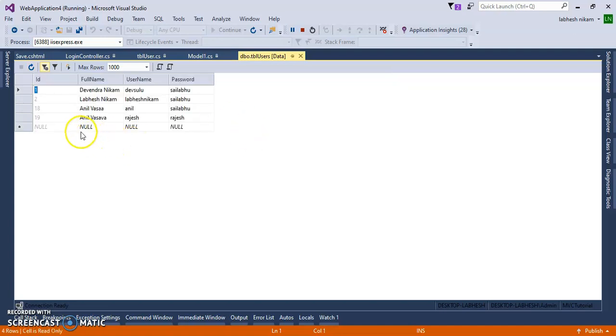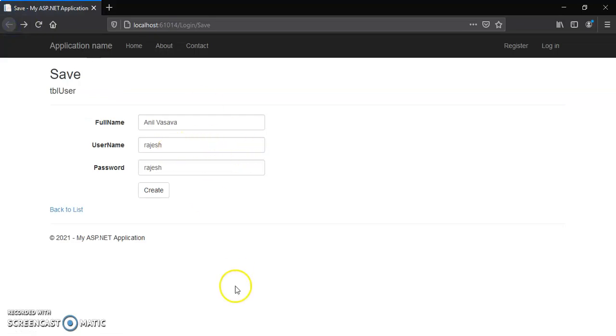Right, Rajesh is added here, the name whatever we have given, that same one. So this way you can validate the user pages.